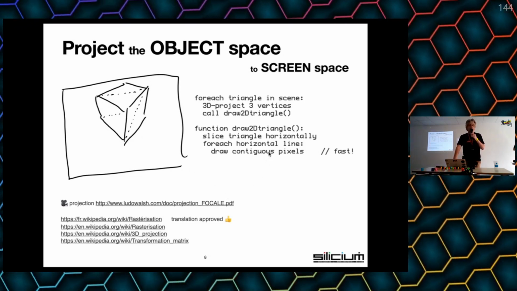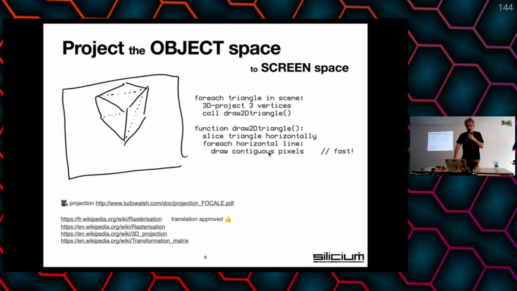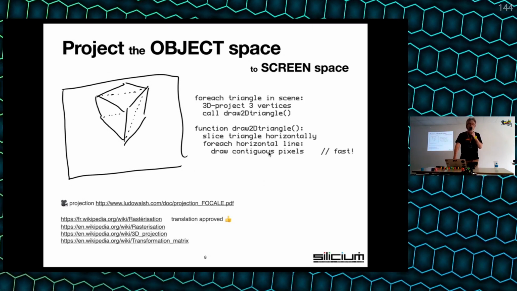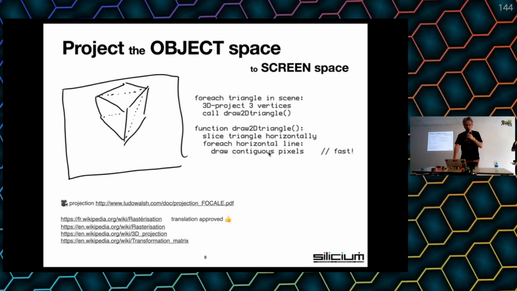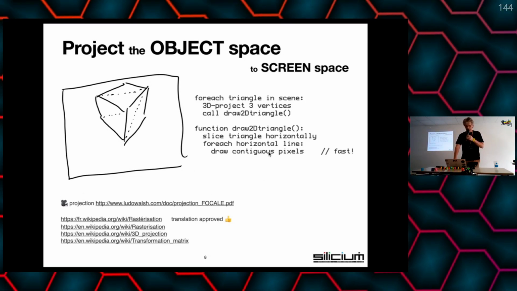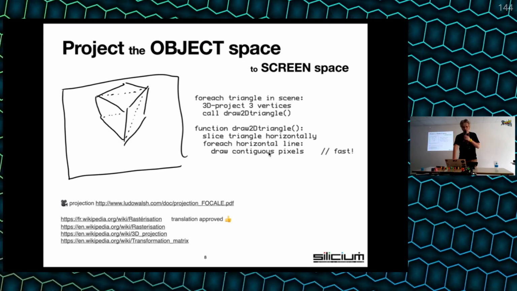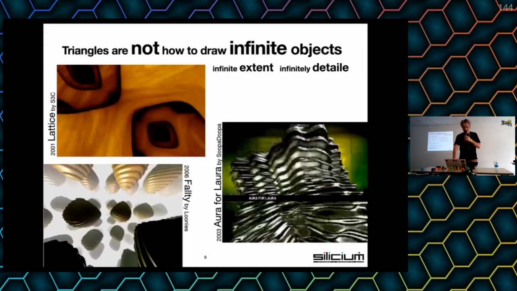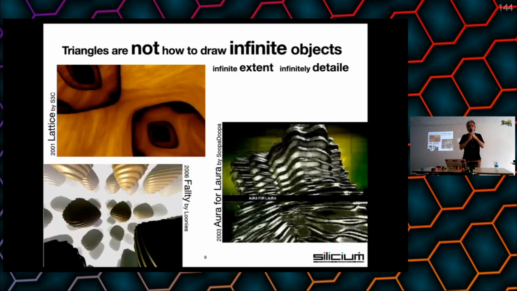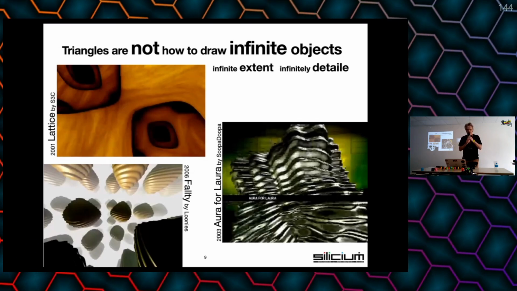So that's what we could do on an Atari and Amiga, purely in software, in the case of the Amiga, assisted by the blitter, but still not something very fast. So this is really drawing from object space to screen space. That won't work if you don't have a geometry. So like those